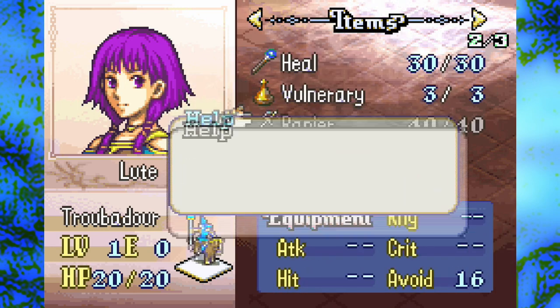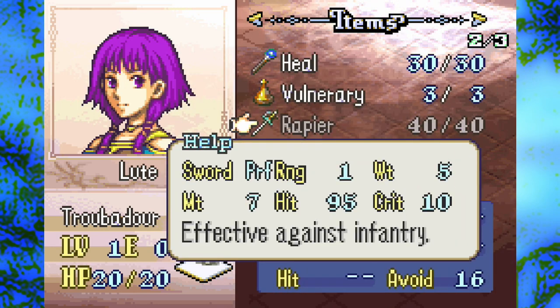And she comes with a heal and a rapier. Now, I selected an option that allows Lord characters to be randomized and the Lord classes to be available for other units if they are randomized into that class. So if I find an Erika Lord laying around somewhere, I can give him that. Or rather her, or him, or